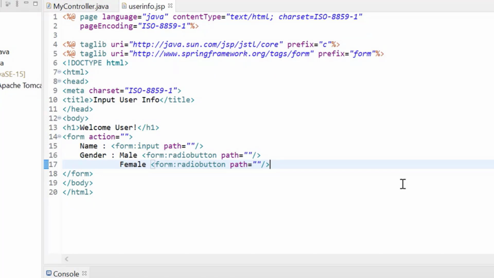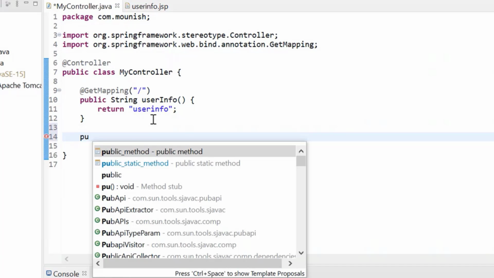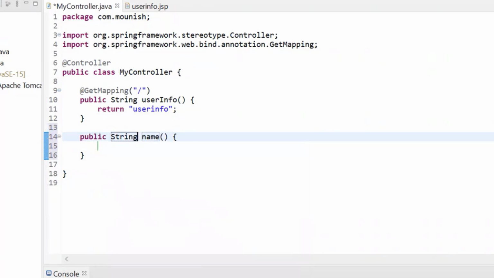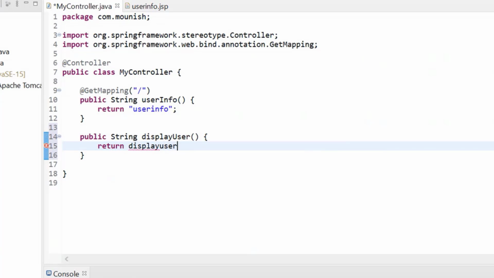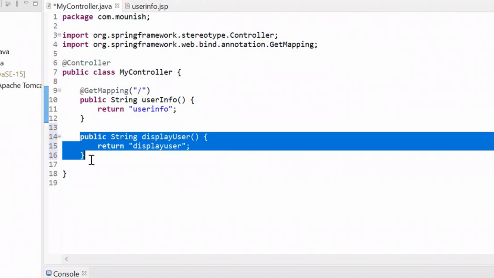Now I need to display this data, whatever I'm getting. For this display, let me go to my controller and create a method. It's a public method and it takes a string, obviously. Let me give the name as displayUser, and it is returning displayUser, inside double quotation marks. With the earlier method, basically I'm getting the information, but with this method, I am displaying the information.